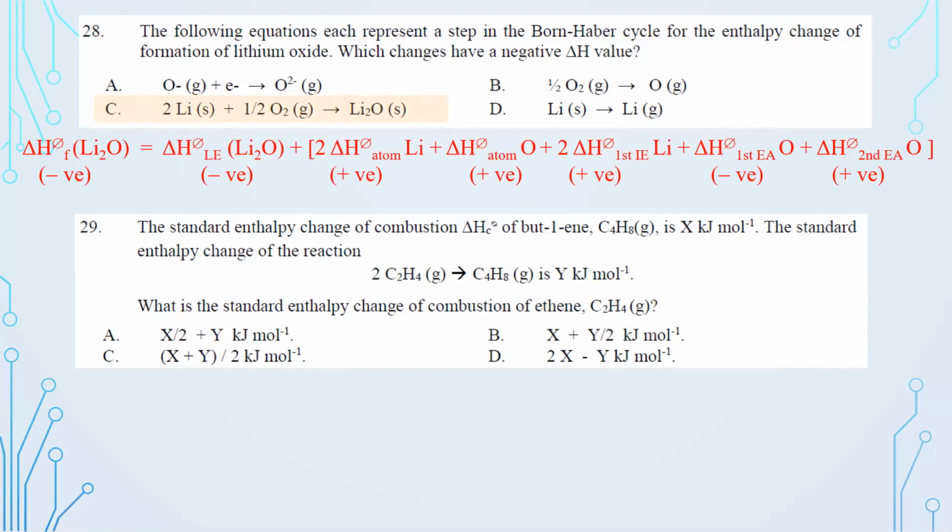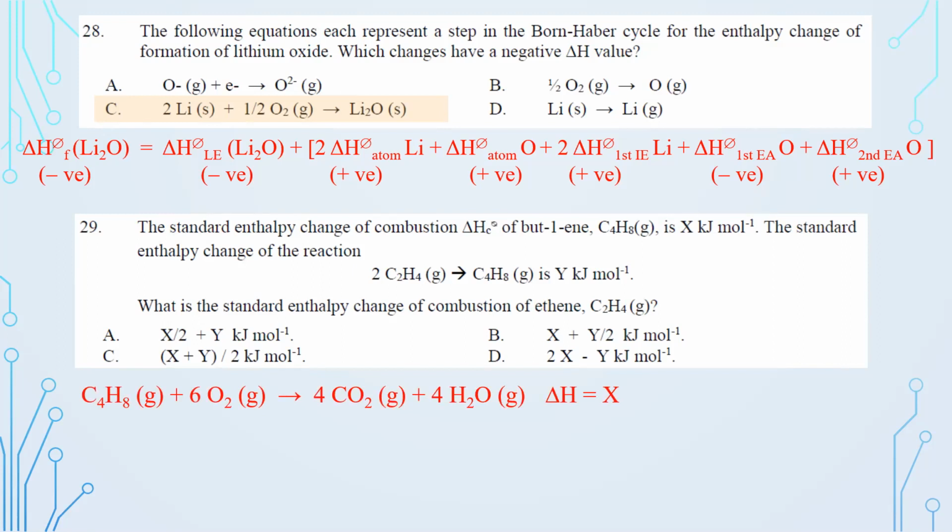The standard enthalpy change of combustion for butene, C4H8, is x kilojoule per mole. The standard enthalpy change of the reaction 2 C2H4 gives C4H8 is y kilojoule per mole. So what is the standard enthalpy change of combustion for ethene, C2H4? Okay, so now you have to write the combustion equation for the butene. The combustion equation for the butene can be written as